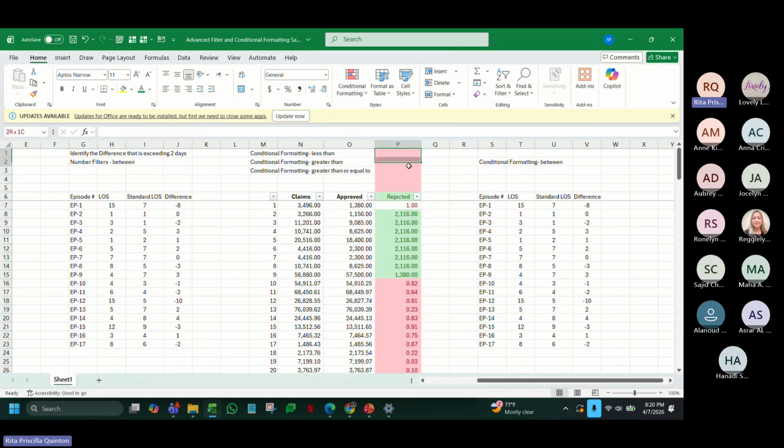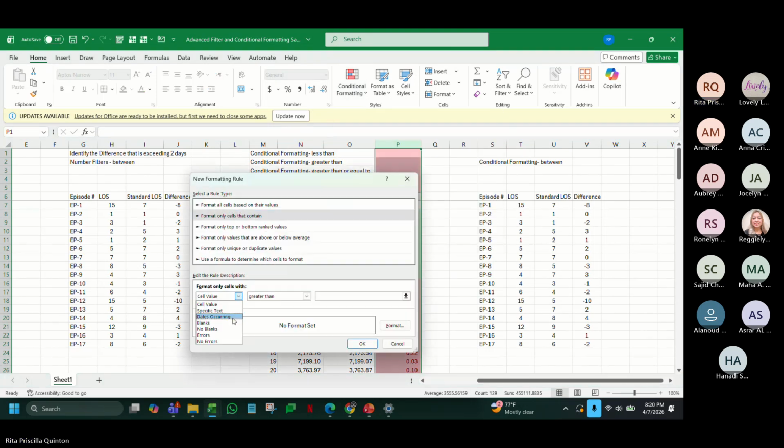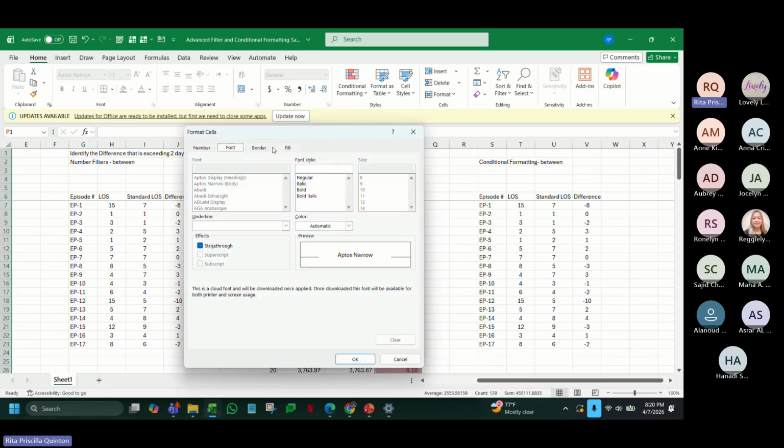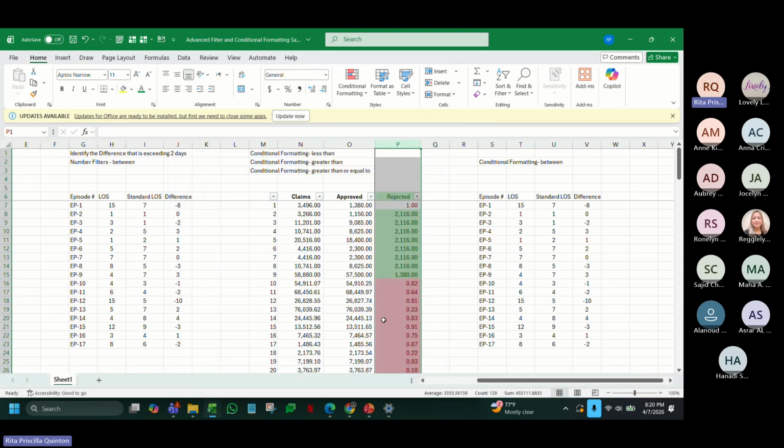What I will do now, I don't want this red to appear here on the blank. So highlight cell rules, more rules, no blanks, blanks. For blanks, I want it to be filled with white. Okay, now it's white.